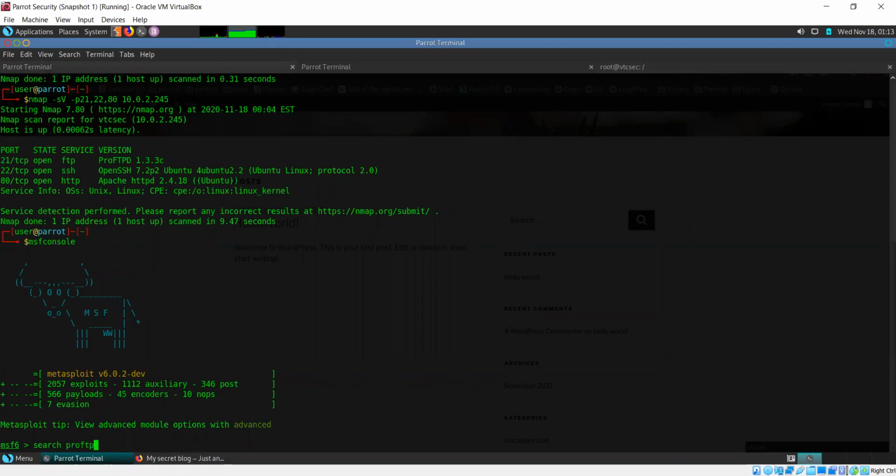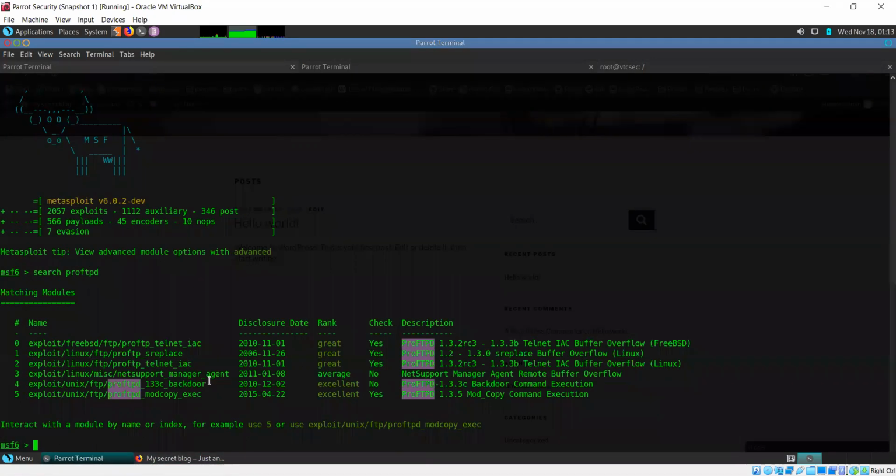Sir, how many methods are there to get into the ProFTPD? There are two main methods of doing this. One that we have seen, and even that method has two variants. We could also have used Metasploit there, but we were getting an error, so I said, okay, let's just leave that and use this method.